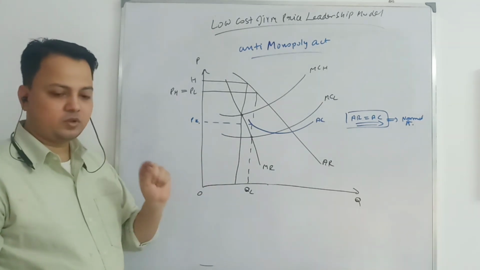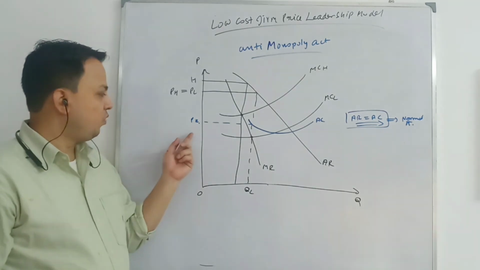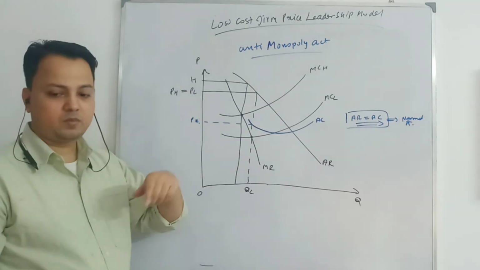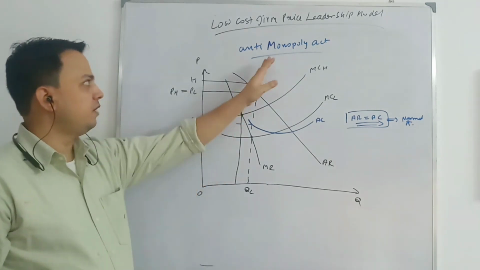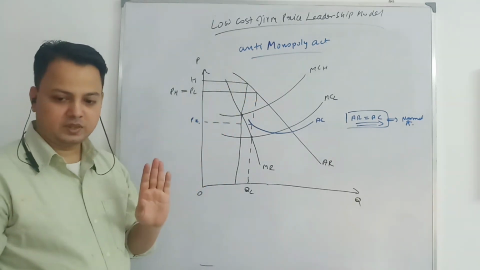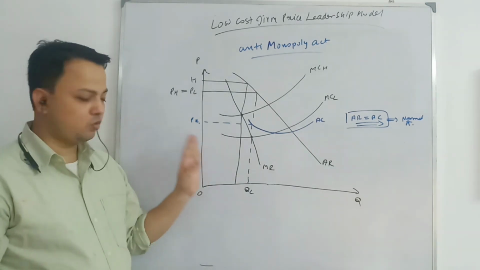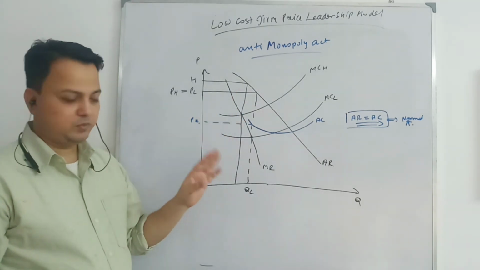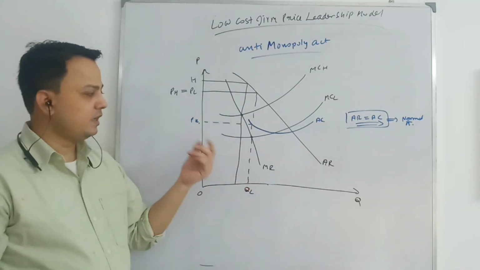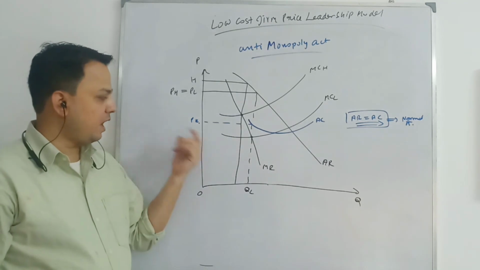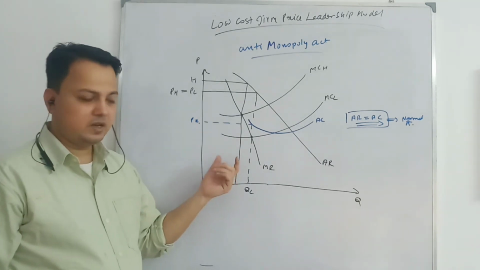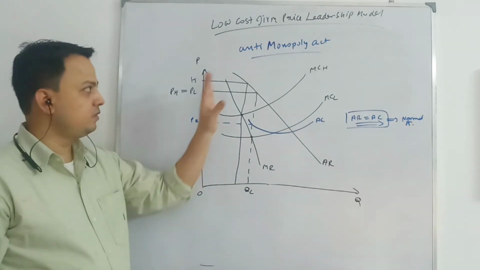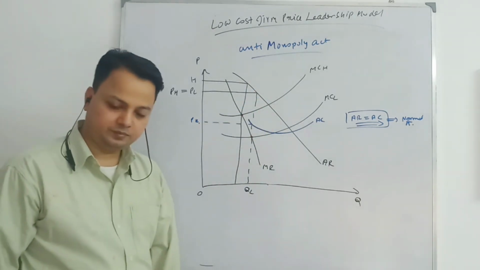Okay. The second question is: why is this no cost firm not charging the price that will drive the high cost firm out of the market? The reason is that there may be an Anti-Monopoly Act preventing this no cost firm from driving the high cost firm out of the market. But because this no cost firm has economies of scale, it is able to have price discipline and price stability. As a result, it is able to establish itself as a price leader in this form of market structure.